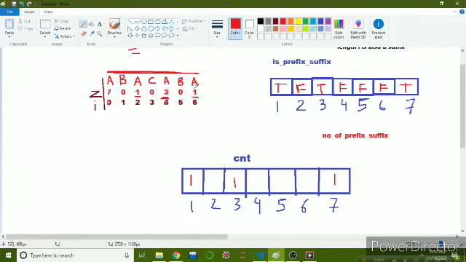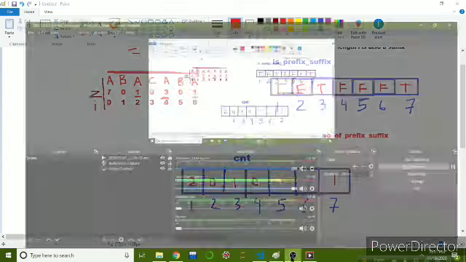That means the prefix of length 1, as we have found the prefix of length 1 again, so we go to the index 1 and increment the value. So now the value at index 1 will be 2, and the rest of the values are 0 till now.